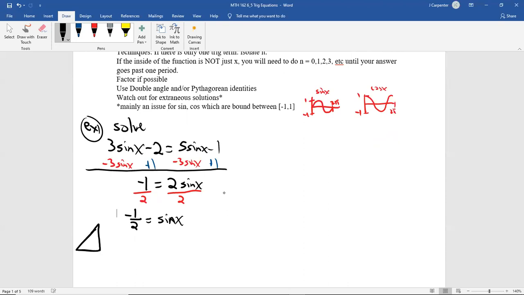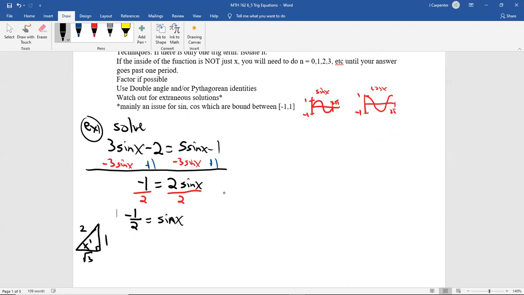So here's your reference triangle. This will be x prime, because if that's negative, this needs to be a reference triangle. And then its opposite would be the 1, and the hypotenuse would be 2. Well, that makes this the 1, 2, square root of 3 triangle. And based on memorization of that triangle, your angle being opposite of 1 means that angle is 30 degrees,